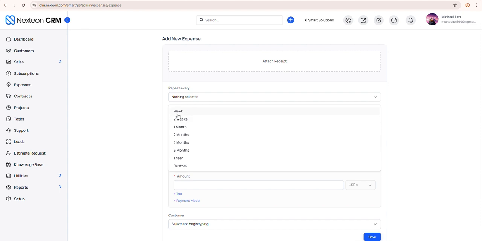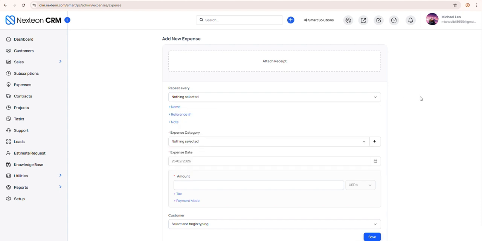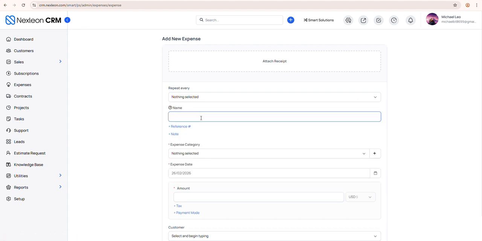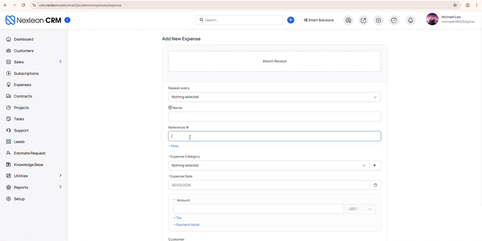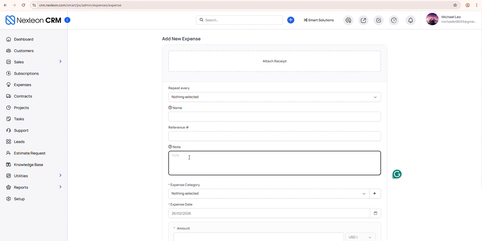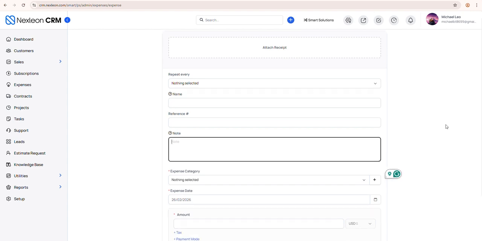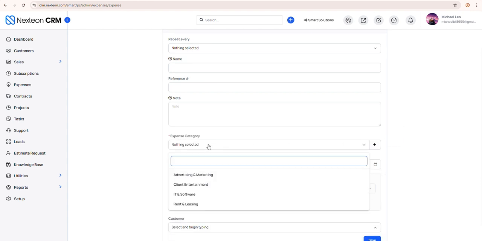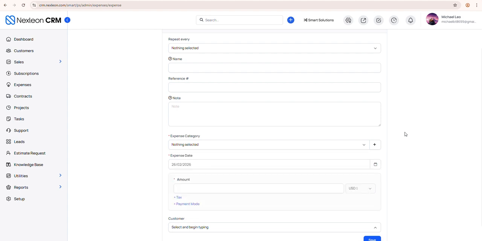We can specify if it is repeating. We can specify the name of the expense, add a reference number, and provide a note for that particular expense. We can specify the category for that expense, expense date, and amount. We can also add the tax for that expense